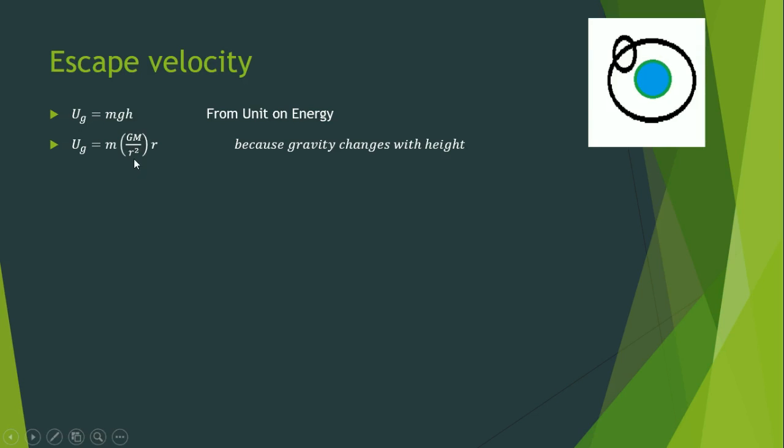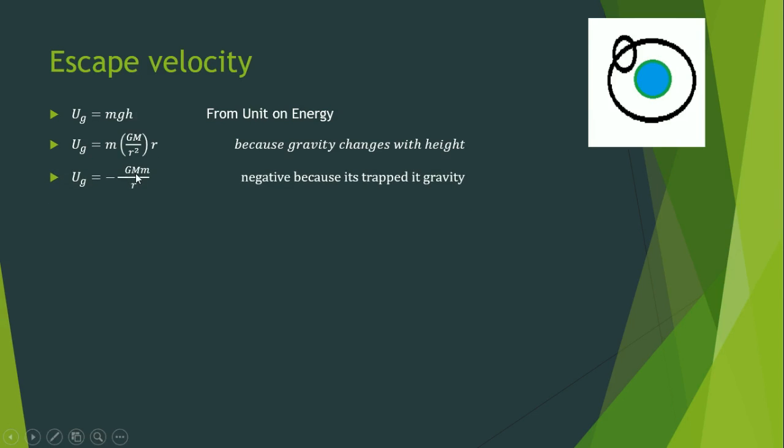Remember, we canceled out the little m's because we know acceleration is only affected by the distance and the mass of the planet. And then r is just the distance between the two objects, and that would represent the height. So this is our new form, and then if we clean it up a little bit, we would get this: